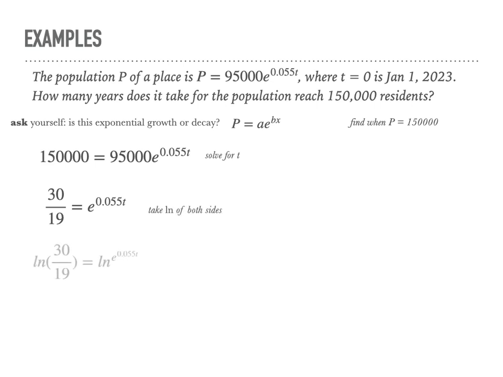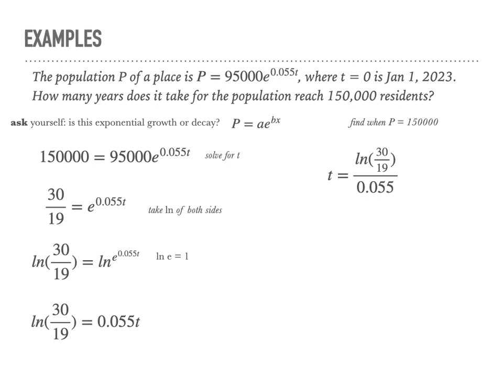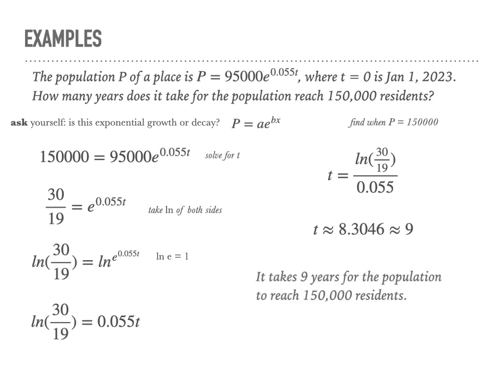and now we're going to take the natural log of both sides. And after that, we have one of our favorite properties, which is we know that natural log of e equals 1, so we can cancel that out. And we have the following, and all we have to do is isolate t and plug this into our calculator, and we get that t is approximately 8.3 years, which is approximately 9 years, because note that it